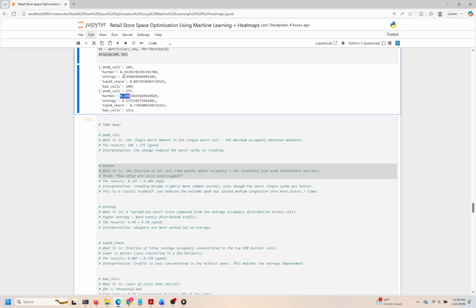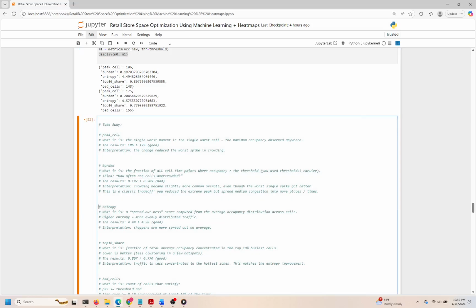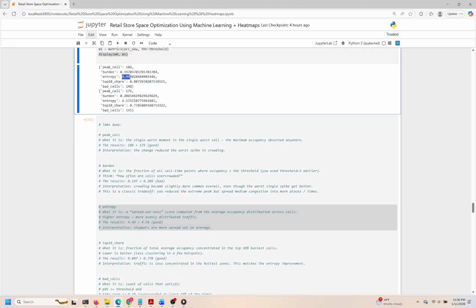Now, onto the entropy value, which measures how evenly traffic is distributed among the cells. Here, we observed a positive change, where the score improved from 4.49 to 4.58. This increase indicates that shoppers are more evenly dispersed, which is a favorable outcome since balanced distribution can improve overall